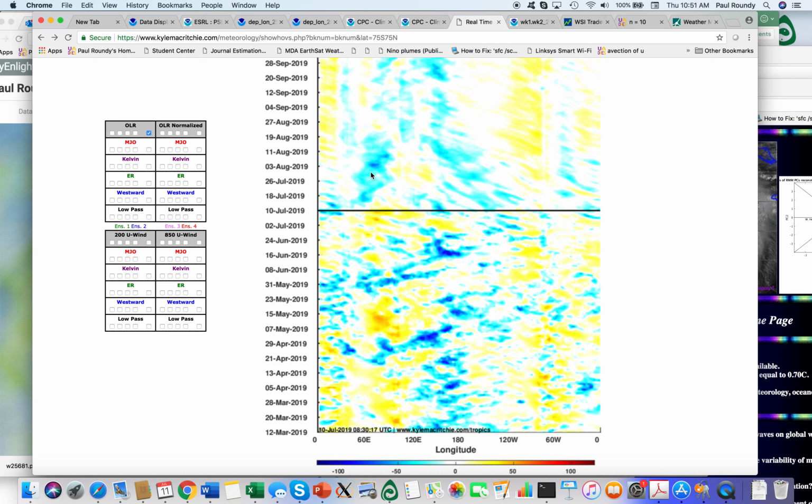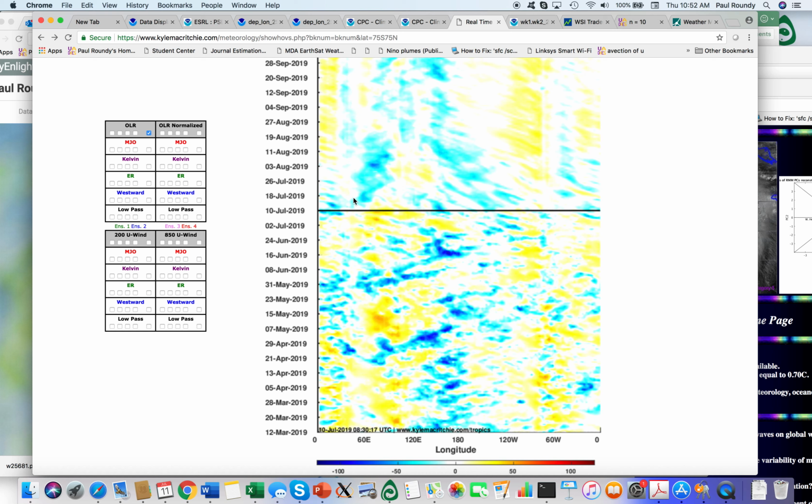But that signal is likely to be too strong in the model and too slow. Nevertheless, it will have some effects around the world, which we can anticipate, associated with MJO superstructures. You consider the circulation response to MJO convection includes Rossby waves that propagate across the middle latitudes, even over the poles, and change the weather around the world.